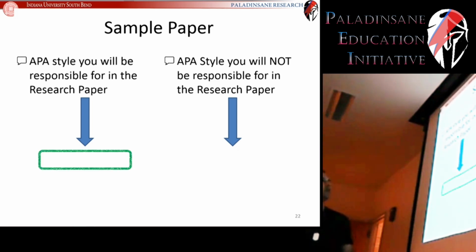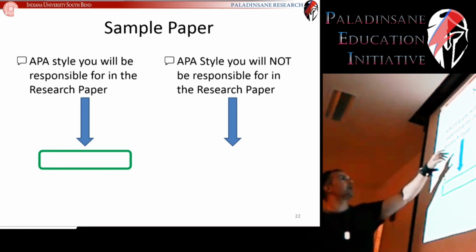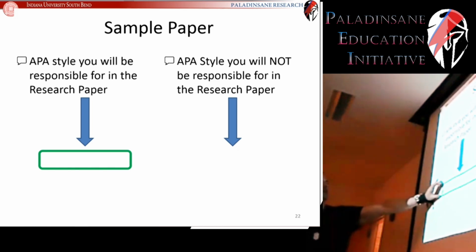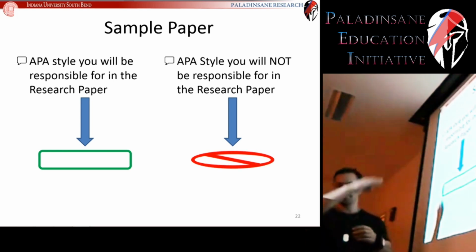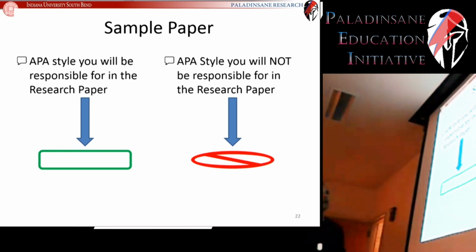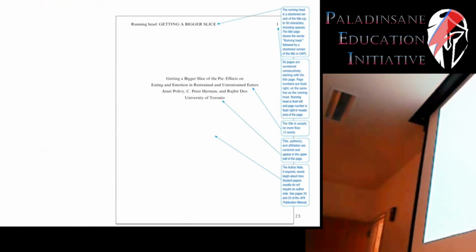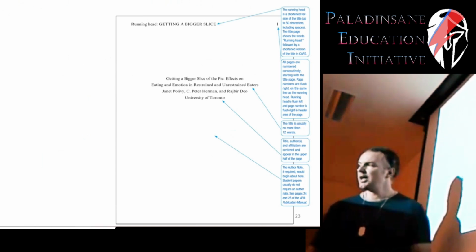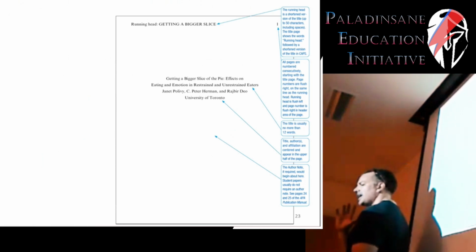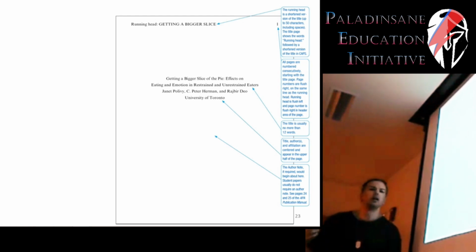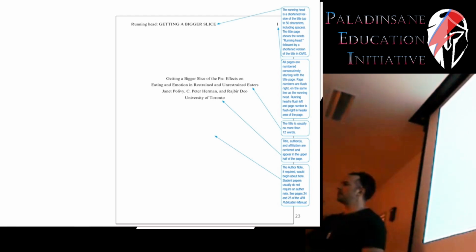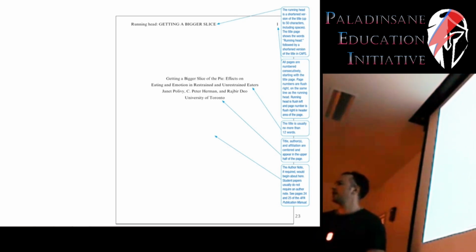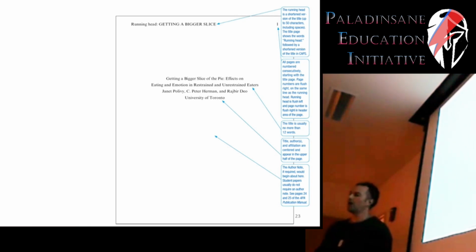But don't feel overwhelmed. So in the sample paper, style that you're going to be responsible for, I'm going to highlight in green. Styles that you're not going to be responsible for, I'll have the little no circle there. And this is available in your textbook. And this is a highly valuable resource. It is probably the best visual aid that you can have